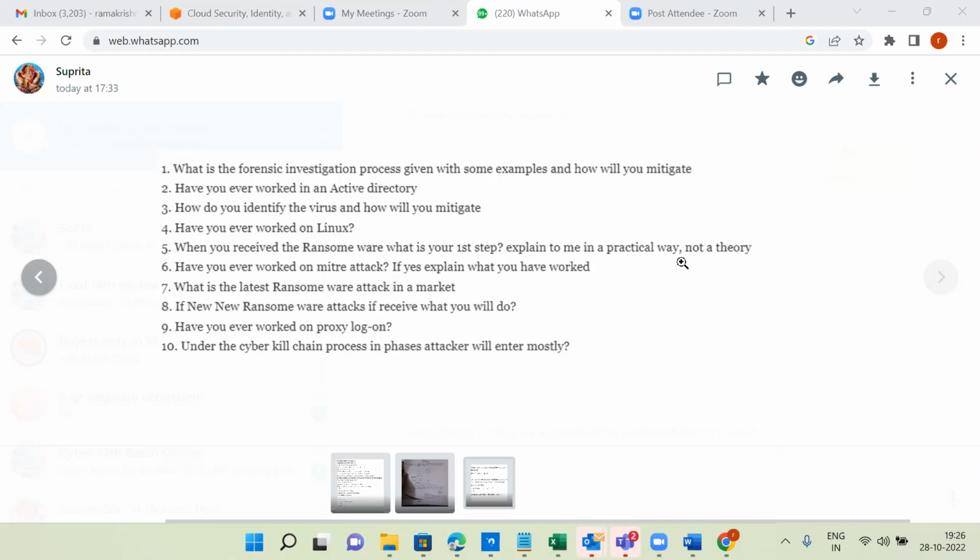Okay. Next one. How do you identify the virus and how will you mitigate? So virus logs and EDR logs will be integrated to the SIEM tool. Next generation firewall logs will be integrated to the SIEM tool. Whenever any malware category of attacks or virus category of attacks comes, these EDR logs go to the SIEM tool. And in the SIEM tool, we created a virus related correlation rule.